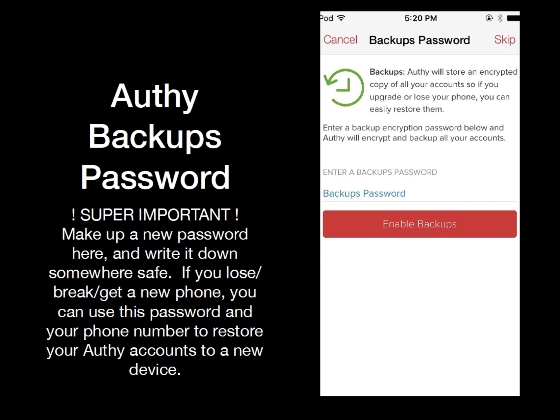If you lose your device or if it breaks, you can take that password and your phone number, reinstall the app on a new device, and restore all of your Authenticator credentials onto that device. You can even select to restore this onto an Android or the Authy app on a computer. So it's pretty friendly to use this and use multiple devices with it, and it's safe because, for example, with